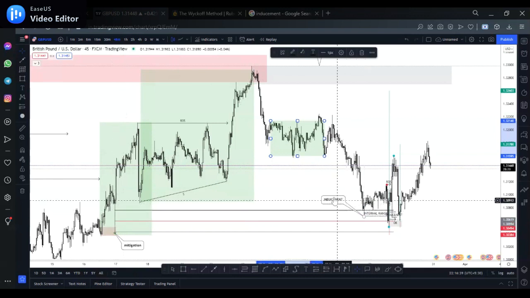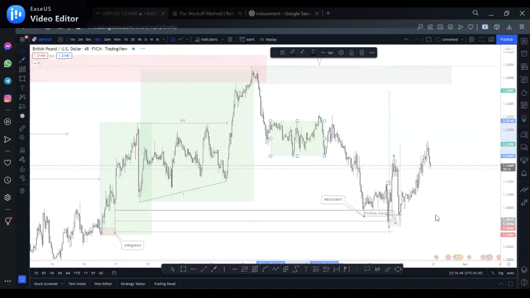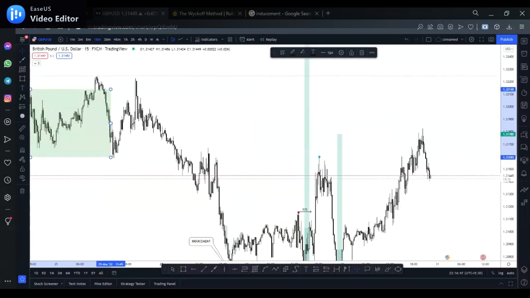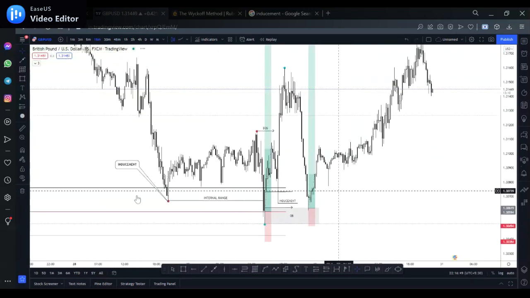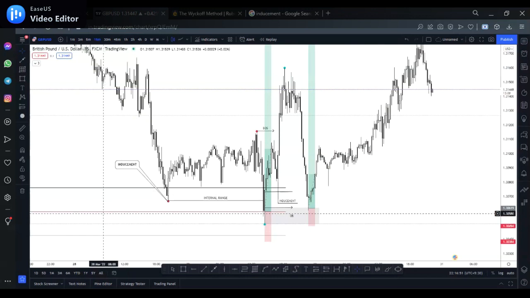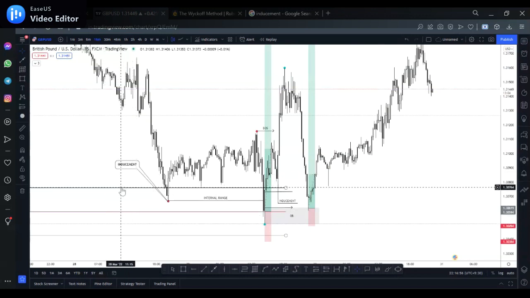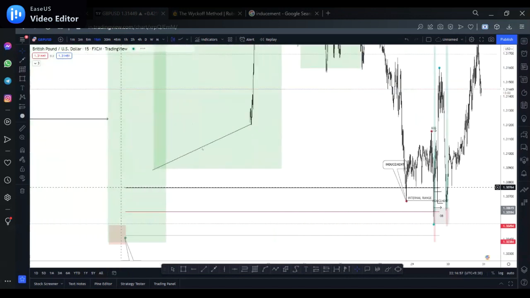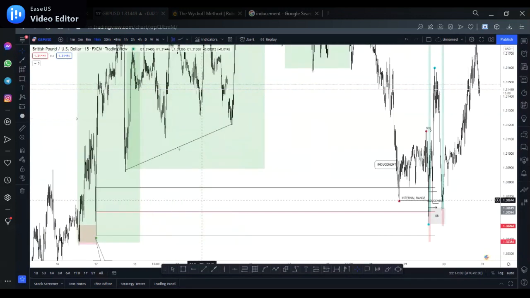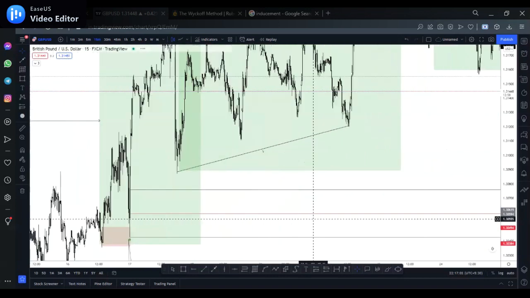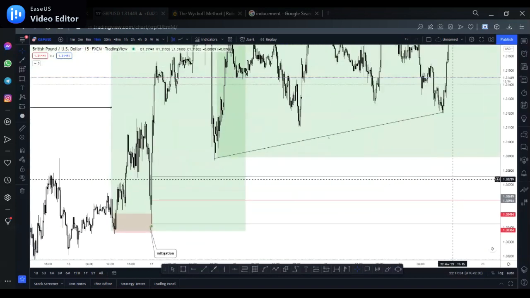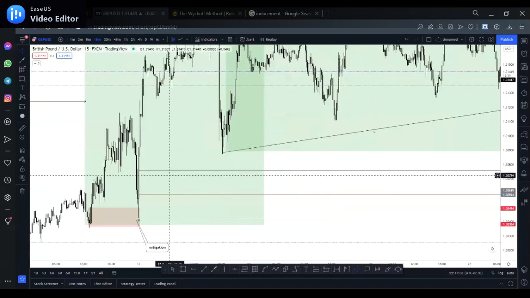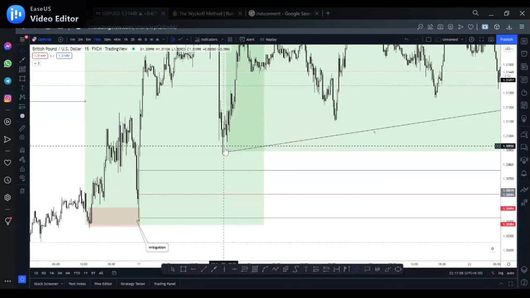The inducement which was created here. Now they did this fake movement. Now let's go to the lower time frame since we're on the coin price right now. So we know this was Elon Musk zone, right? Okay, and this was where the internal range liquidity ended. Okay, this was where all the lows within the range were completed. If you could see, I marked out every single range low, not just the liquidity.